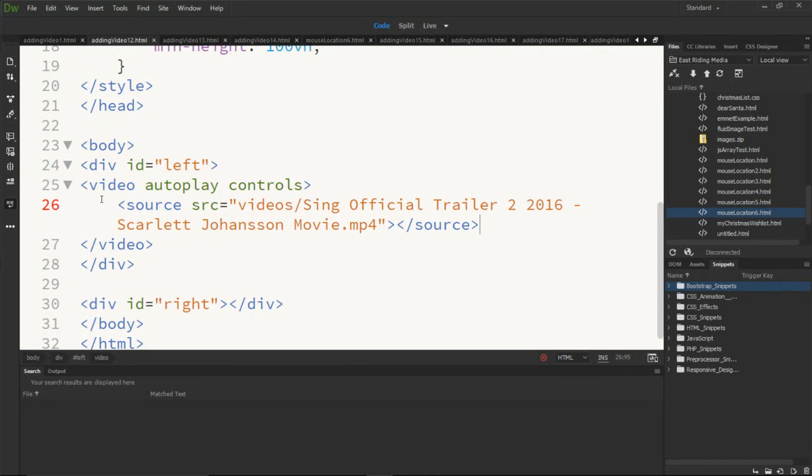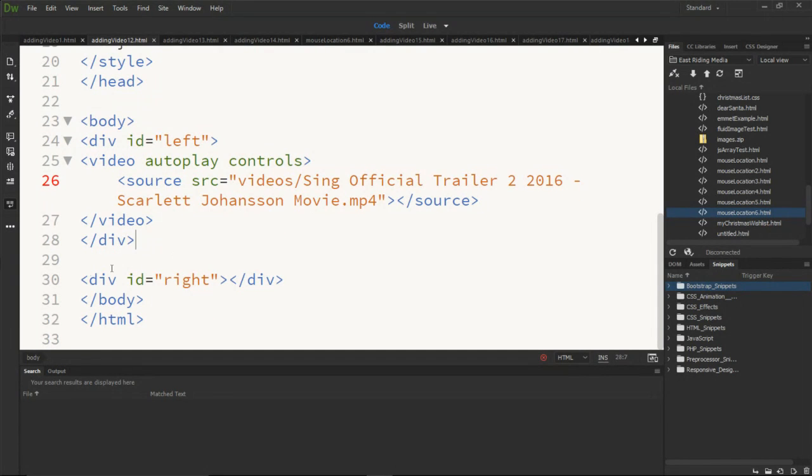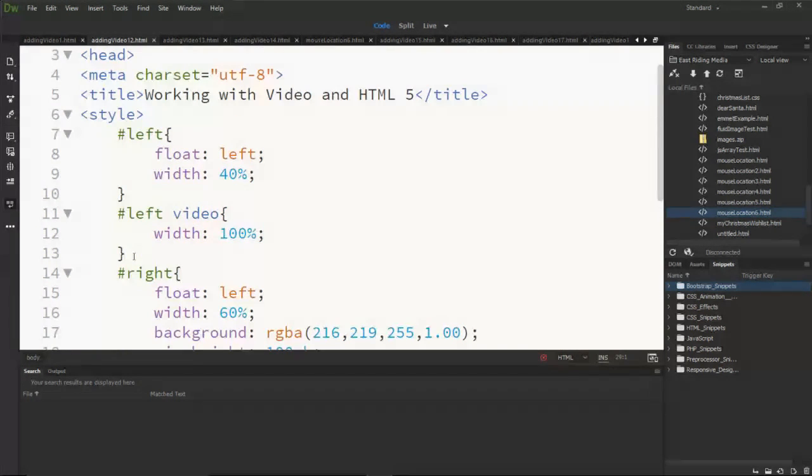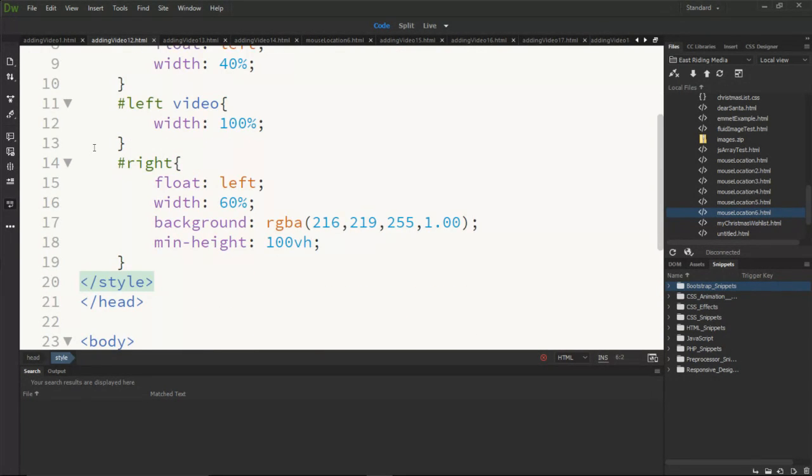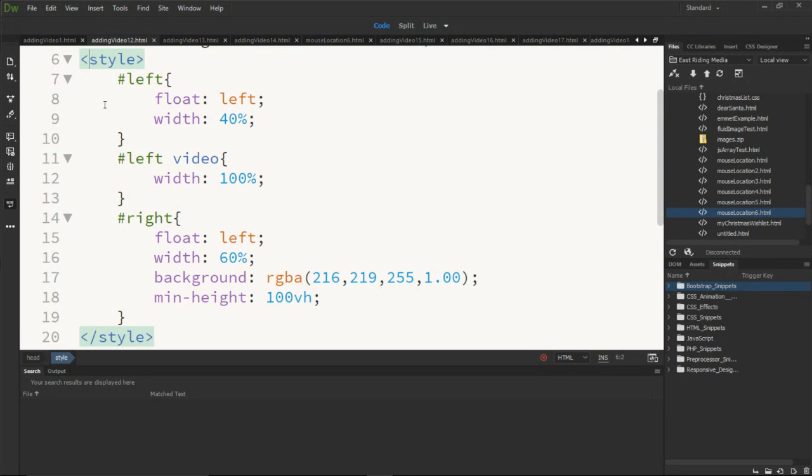Okay, so the video element itself is now contained within a div, the ID of left. So the div starts there and ends there. After that div, I've created a new div, and I've just given the ID of right. It's descriptive as where it's going to appear in the page, and there's nothing in it. That's just a target div, and we will style them. So in the head, created a style tag. Eventually, we would want to separate this out into a file,